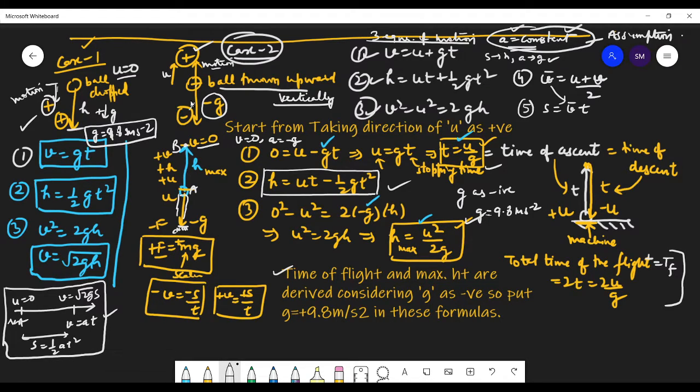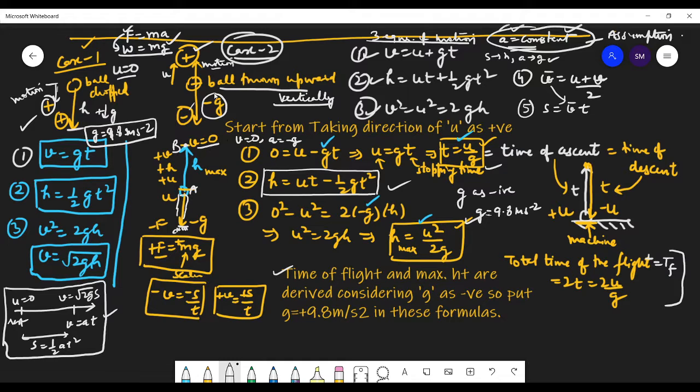Why was there acceleration? Because always F equals ma, the gravitational force, and the special word we write for this force is weight, which is m into g. Whenever the body is in the air, this force is acting on it, and that is why there will always be g. It doesn't matter whether the body is going up, down, or is at rest. Is this concept clear? Yes, sir. So because acceleration is constant, we are using these equations.